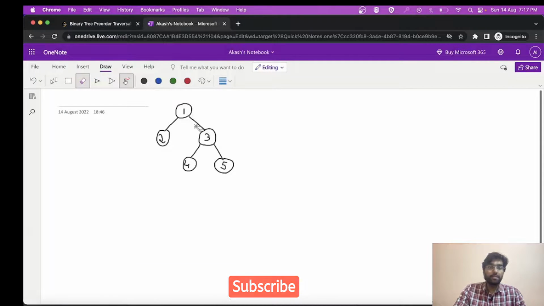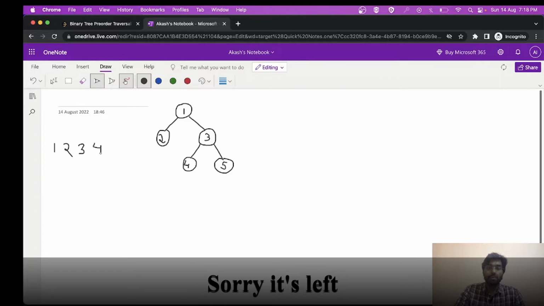So friends, this is a simple diagram of the tree, and what will be its output? Output will be, first we are going to process this root, that is 1, so 1 came. Then we are going to process its left, that is 2. Then we are going to process its right. Now in the right, recursively, what will we do? First we got the root, so we will be processing its root, that is 3. Then we will be processing its left, that is 4, and then comes our 5, that is right.